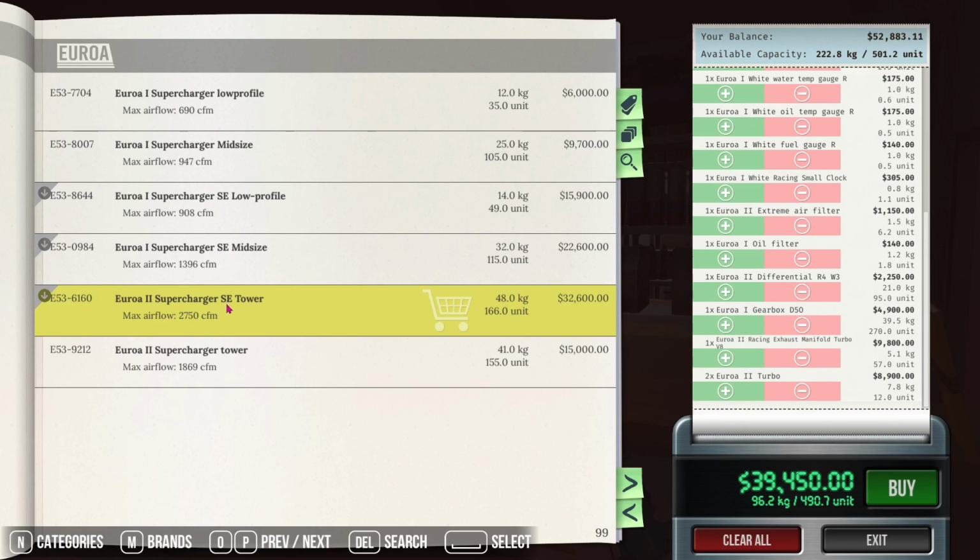Then this one is SE. And it's way dearer. And I do believe that's the one I need to go for, because if the dials look 10 times better with SE, the tower's going to be exactly the same thing. So low profile, mid-size, low profile, mid-size, and then the big towers. So yeah, I ain't got enough money for that. So I need to do a few races to even get to this stage. But you never know, I might actually have a tower already,